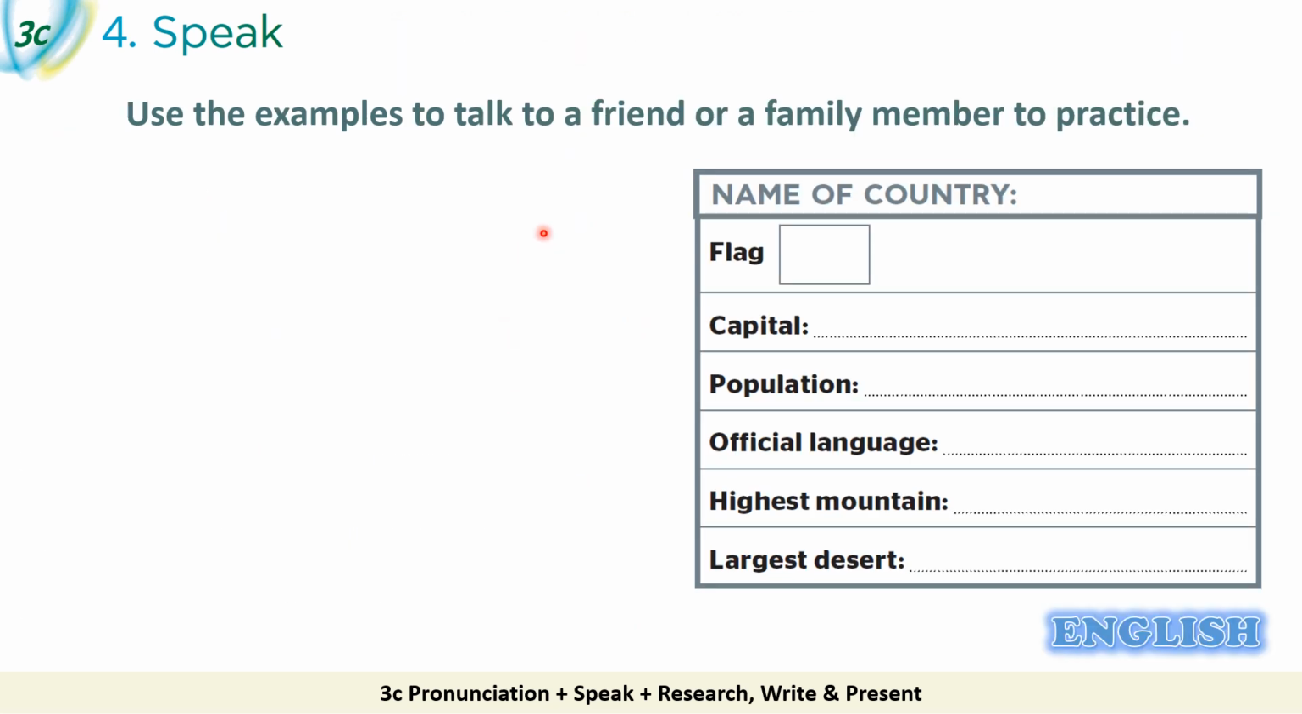Now, it's your turn to practice. Use the examples to talk to a friend or a family member to practice. Now, this is the fact file. You can ask your friend or a family member to complete this fact file, and then you can practice using